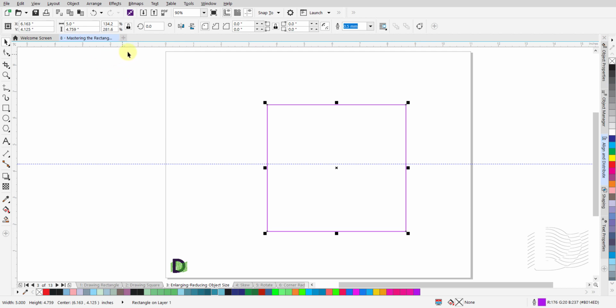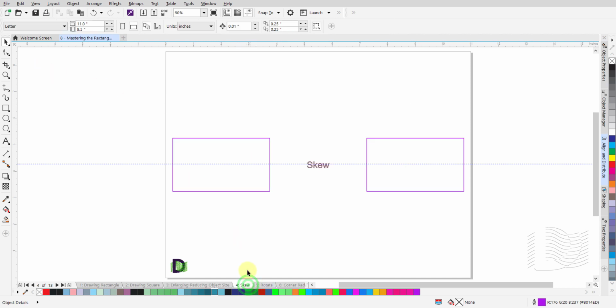If you want to resize the object while not maintaining the proportions, then make sure the lock feature is inactive and enter a value for the desired length. Hit Tab to move the cursor to the height field. Enter the new value for the height and press Enter.